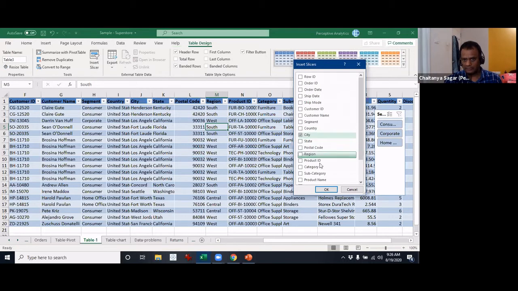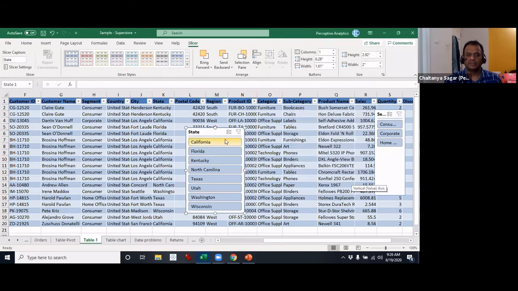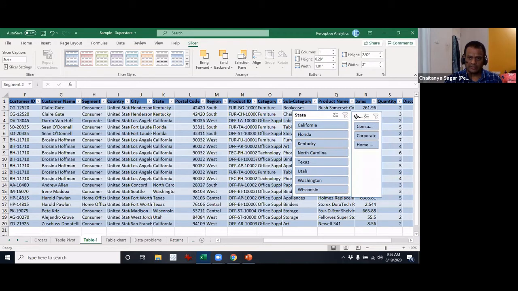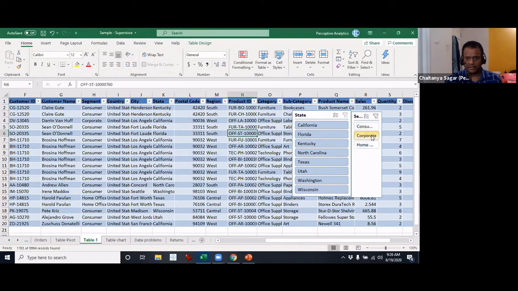Let me pick up city right here. Or actually let me pick up the state right here. I think the number of things will be much fewer. So simple, just like the previous one. If you would like to select and slice it, you'll be able to do that here. So for example, you just click on home. Or actually there are too many probably. Sorry, this is not actually working right now. Let me see if I can get it to work. No, it is not working for some reason.